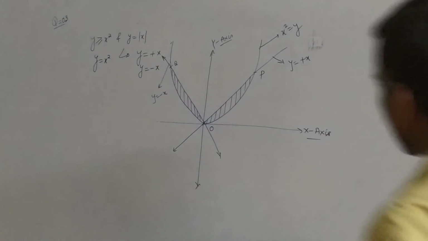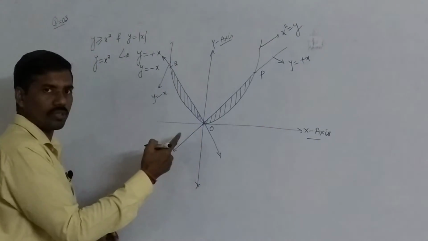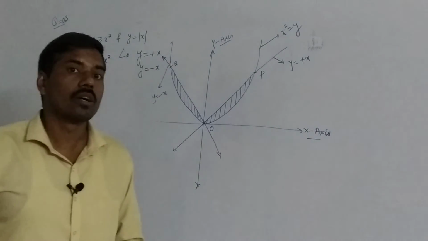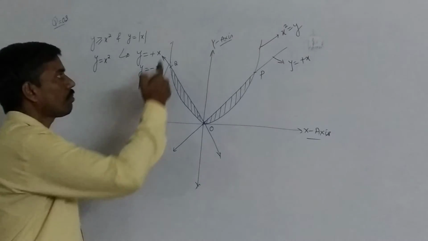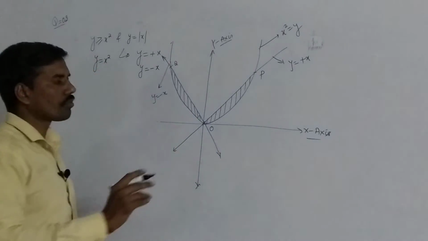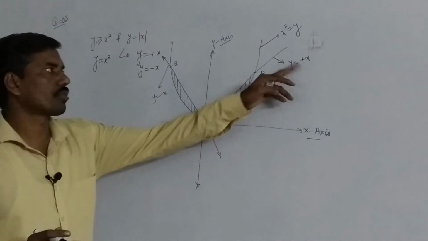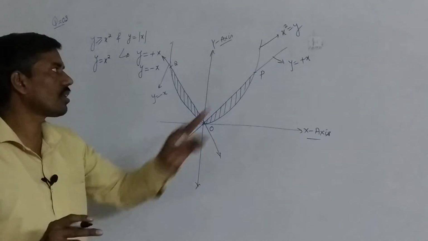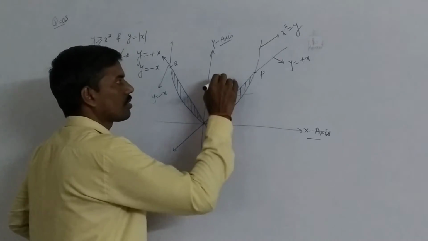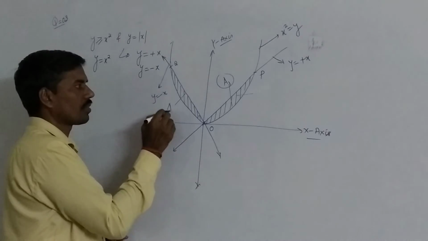ओके, सो देखिए ये जितना है, y is equal to plus x passing through the origin and y is equal to minus x is also the equation of a line which is passing through the origin. और a parabola है which is symmetric with positive y axis. Okay, so we have to find the area enclosed between these curves. First is y is equal to x, that is the straight line, we know that. Second one is the parabola. Let this area be a1 and this shaded region be shown by a2.